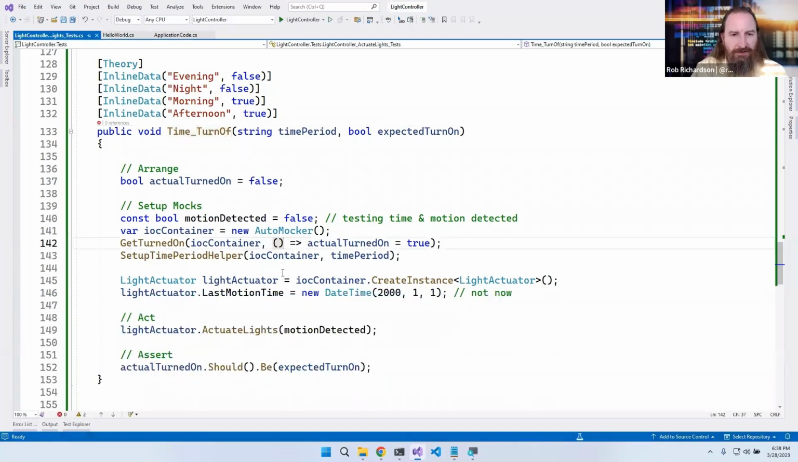Oh, we're actually testing turn on. We don't want to say get turned on. We want get turned off. And so let's refactor that a little bit. Expected turn off, actual turned off. And